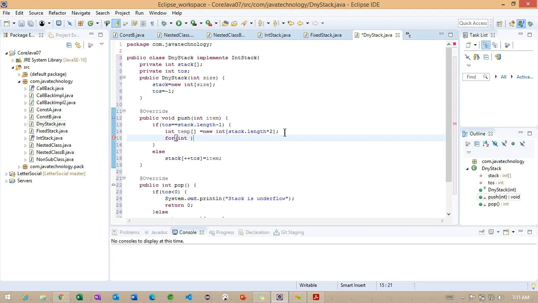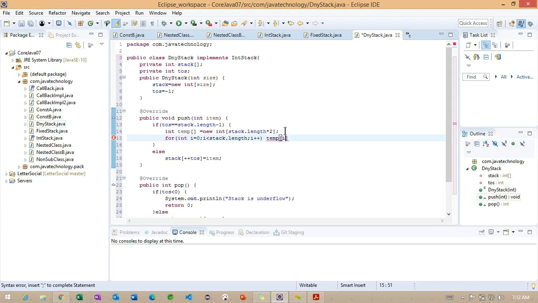I am using one loop because we insert the variables one by one: int i equals 0, i less than stack.length, i plus plus.